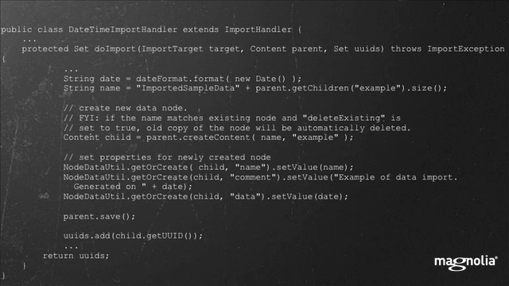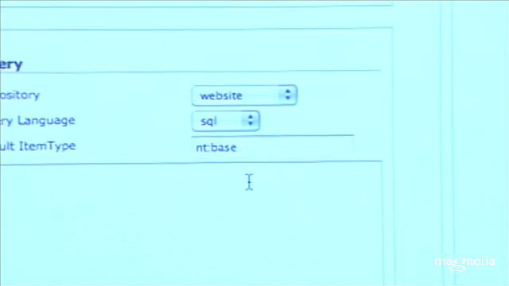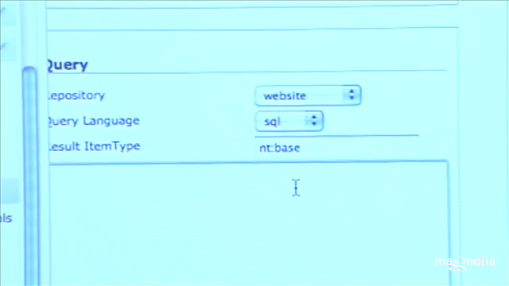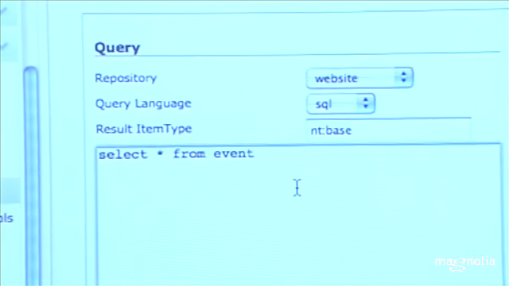We can run our JCR queries down here, and as you probably know, we have a choice of languages to run them in. This is the SQL format. If you just do a select star from event and execute that, you'll see over on